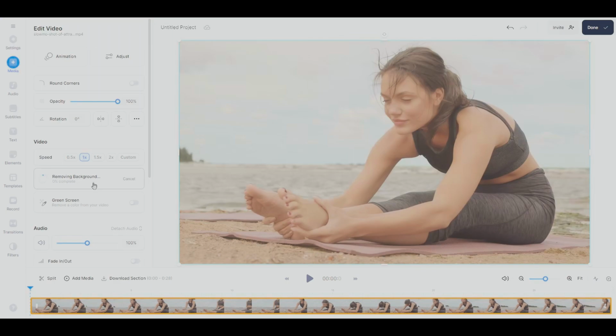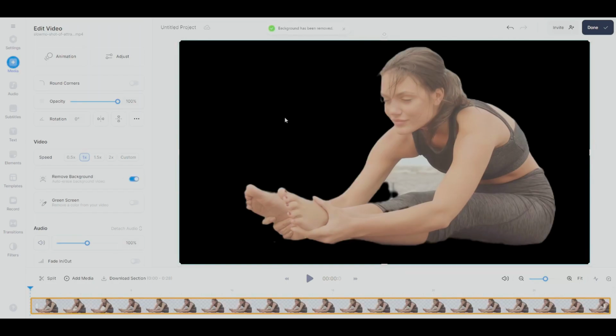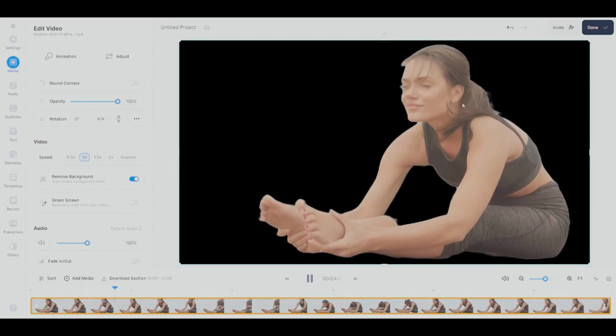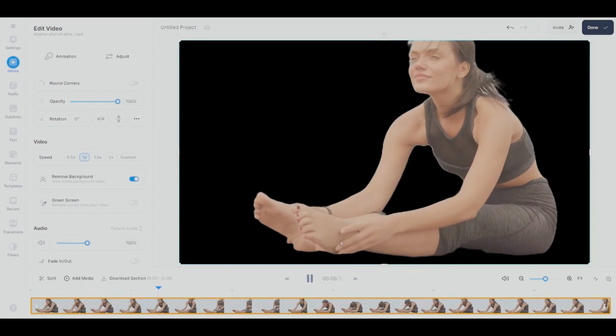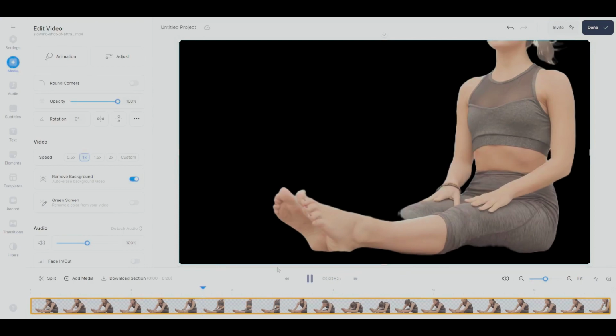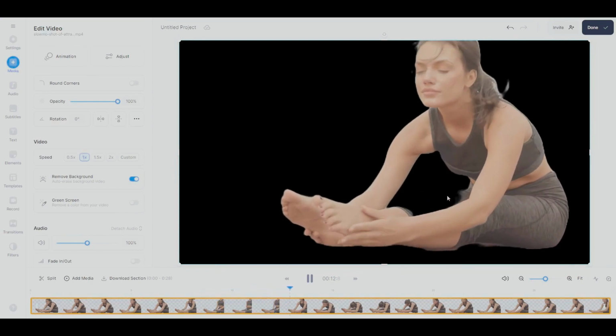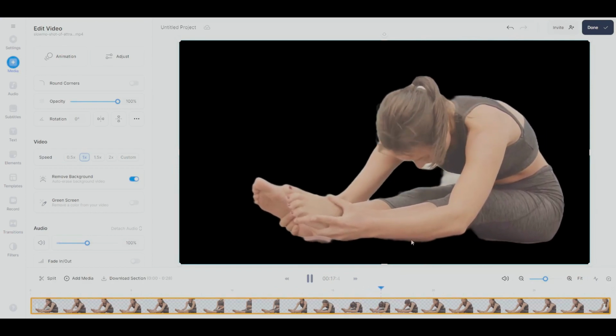So let's click this. It will then analyze the image right here and judge which one is considered a foreground and considered a background. So as you can see, it's very quick. So if we hit play, we can see that it has managed to detect that this person is considered foreground and then everything else is considered a background. So again, of course, it is not perfect, but you can see how quickly it was able to recognize the